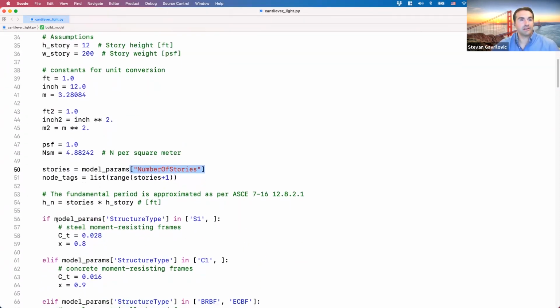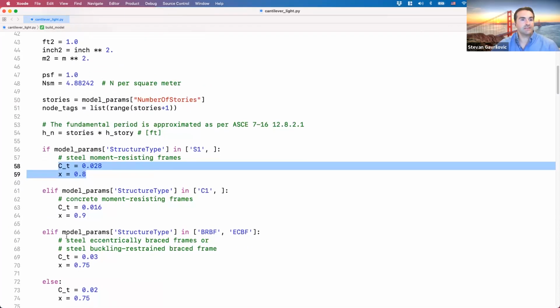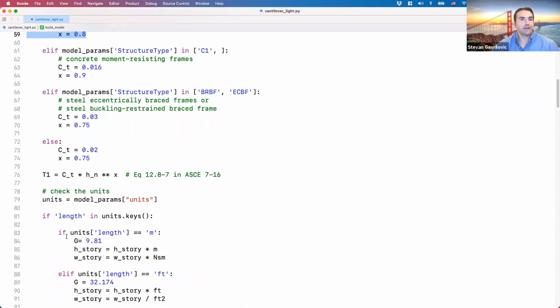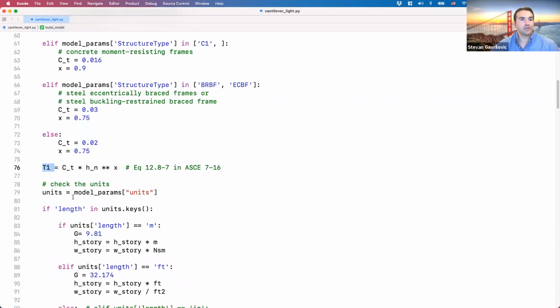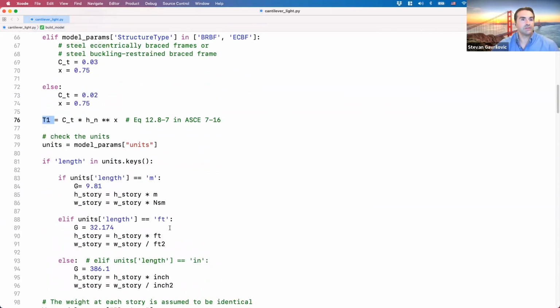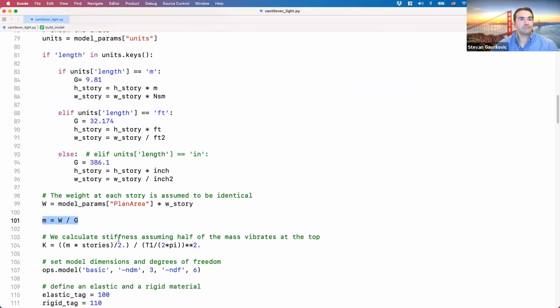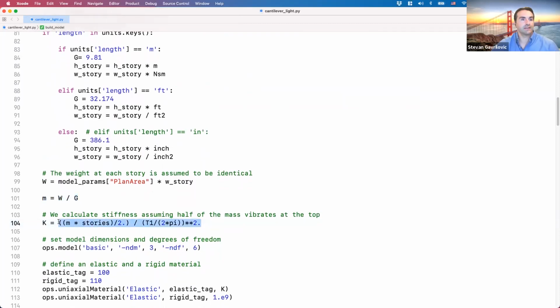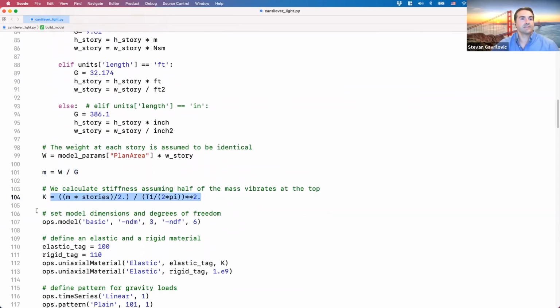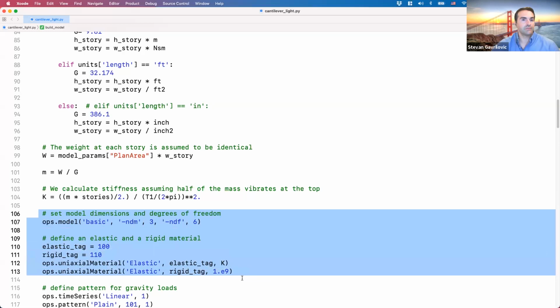Approximate the fundamental period. Depending on the structural type, you have different parameter values. And here's where we estimate the fundamental period, just a unit conversion. Then we calculate the lump mass on each floor. We calculate the stiffness. We set some basic model